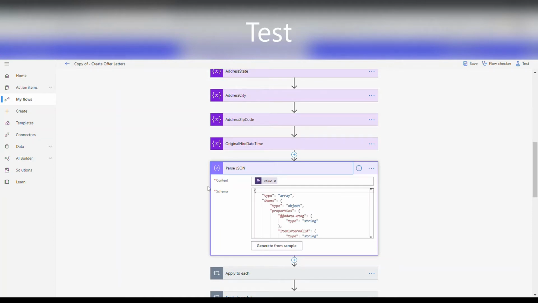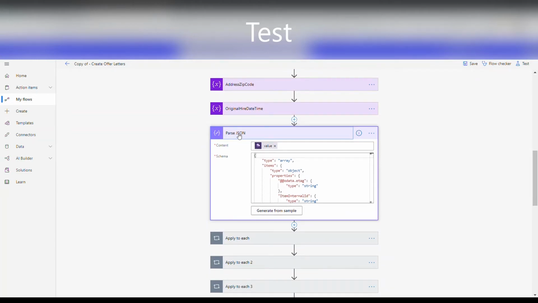After I have all my variables, the next step is for me to get the data from Dynamics 365. The data from Dynamics D365 is going to come in a JSON file. So I'm going to use the parse JSON function within Power Automate in order to split that data into fields that I can use. I will put more details later in the blog below to show you how to achieve